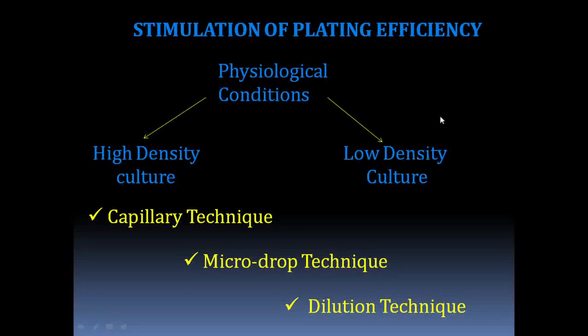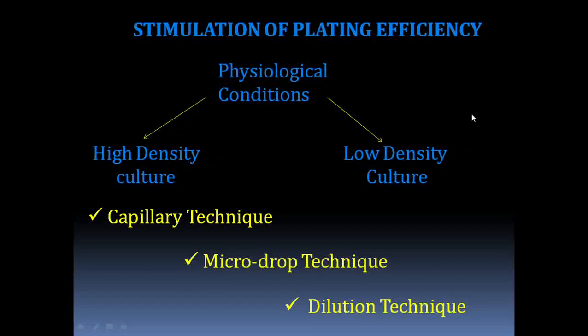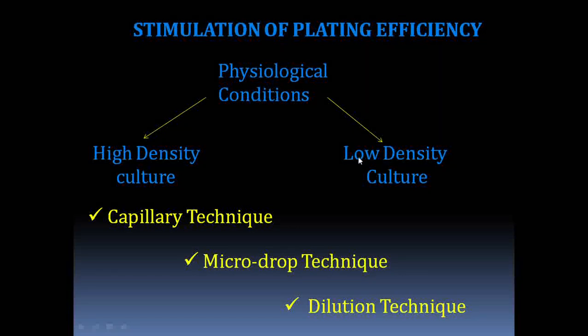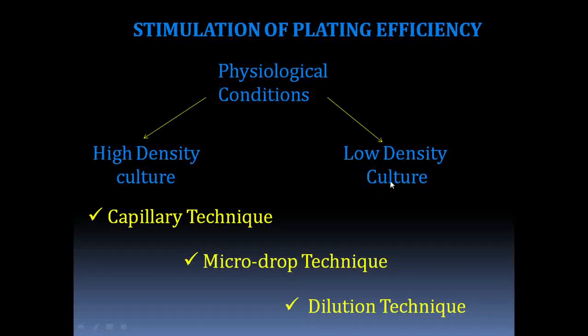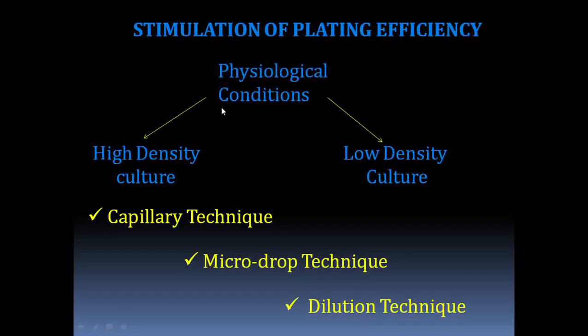But for plating efficiency to be performed, we need to have a low density so that I can scrutinize how efficient that one cell is. But at the same time, low density doesn't support a greater rate of population growth. So I need to have both conditions in my hand. For that I need to design a technique in such a way that a low density cell population should be maintained, and along with that the environment should favor all the conditions which are there in high density. This is what we studied in our last lecture.